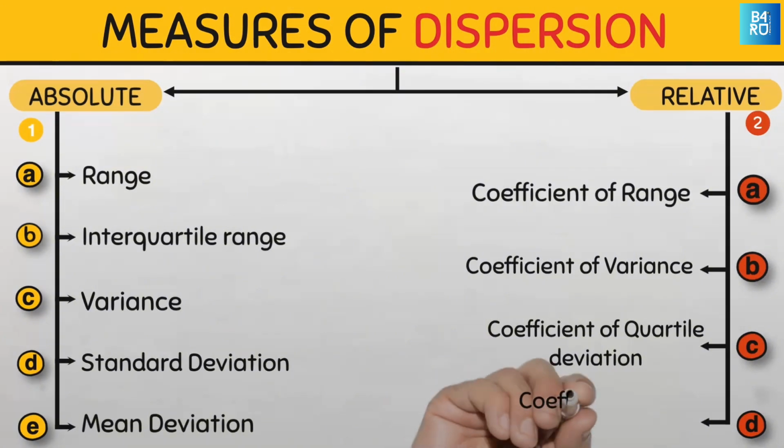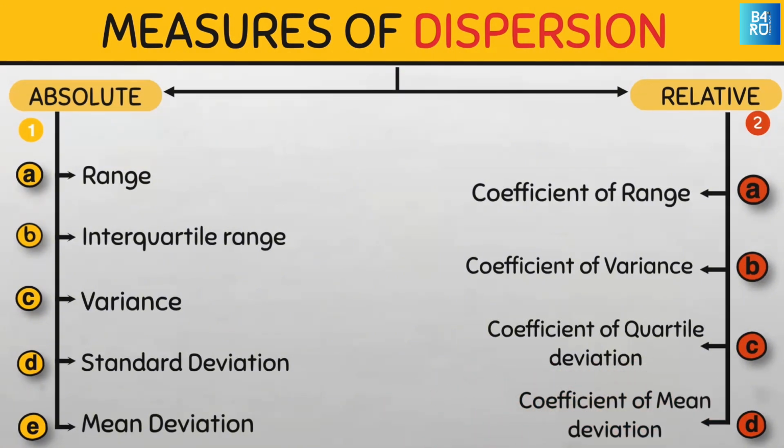And finally, the coefficient of mean deviation. This is the ratio of the mean deviation to the central point, which may be the mean, median, or mode. So we can have the coefficient of mean deviation from the mean, which is the mean deviation divided by the mean, or the ratio of the mean deviation to the mean. We can also have the coefficient of mean deviation from the median, which is the ratio of the mean deviation and the median. And then we can have the coefficient of mean deviation from the mode, which is the ratio of the mean deviation to the mode. The choice of the central point used, either the mean, median, or mode, depends on the nature of the data